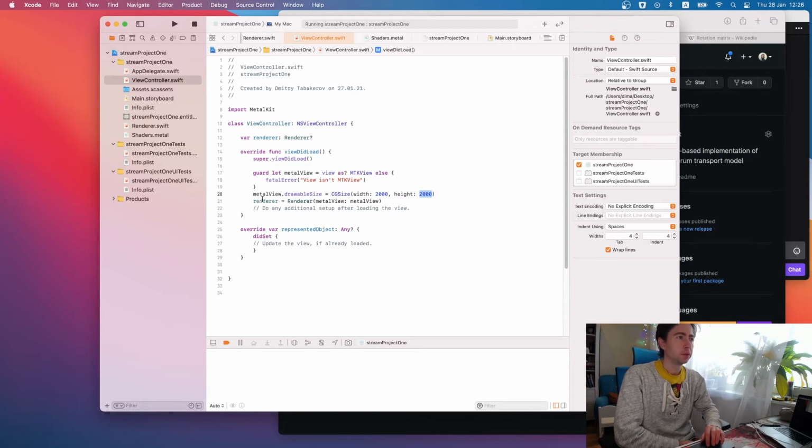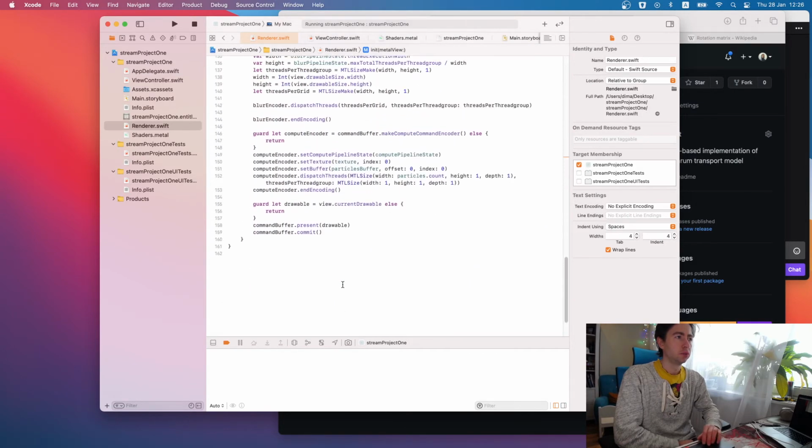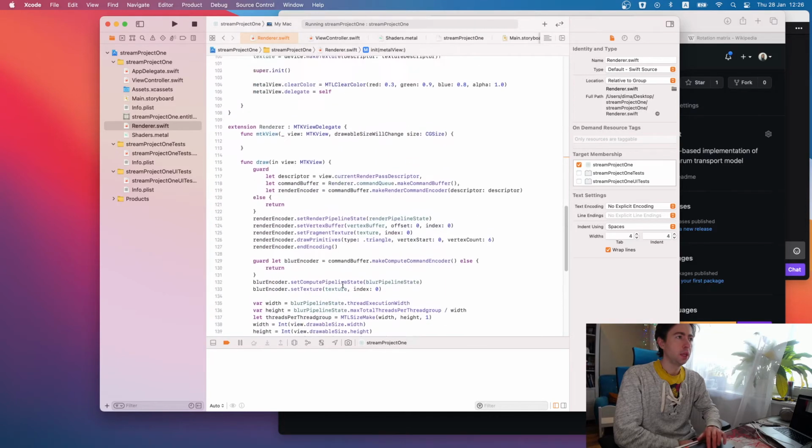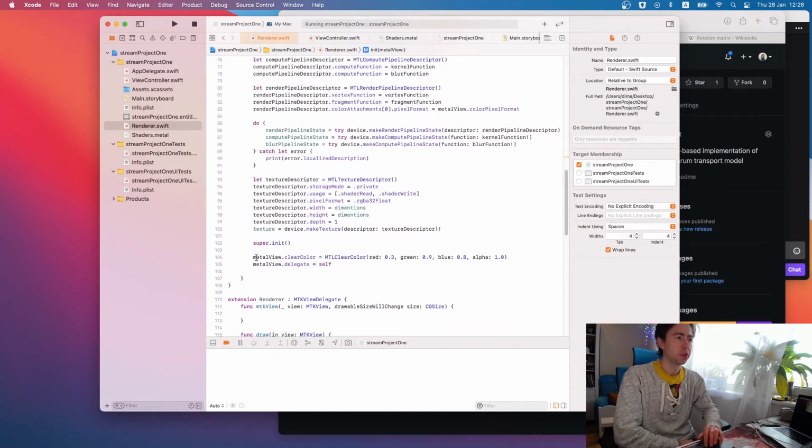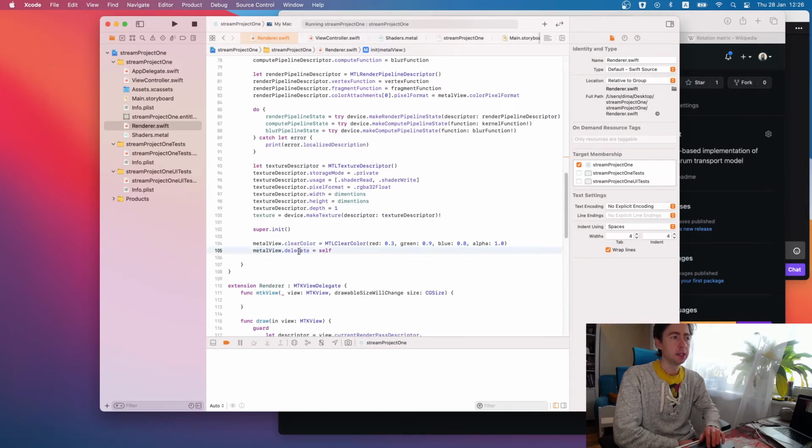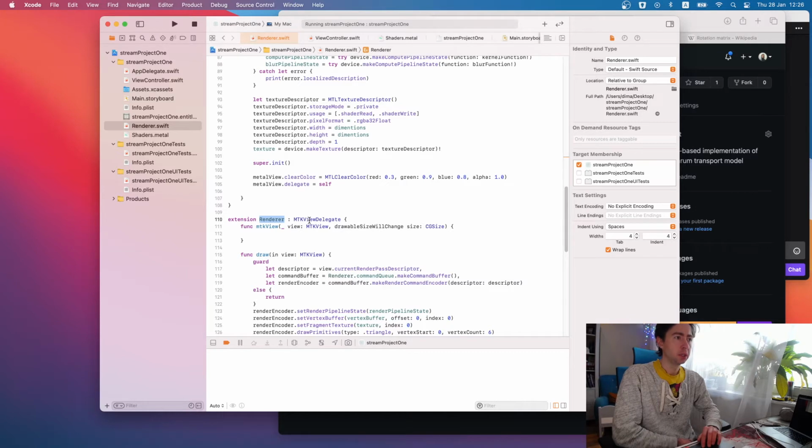So we have this Metal view, and we pass this Metal view to the renderer. In the renderer, we define a clear color for this view, and we set this renderer as a delegate for the Metal view. To be able to do that, we need to conform to the MTKViewDelegate